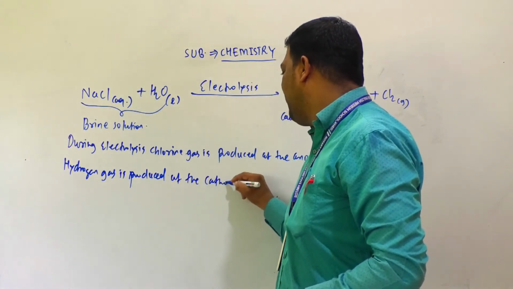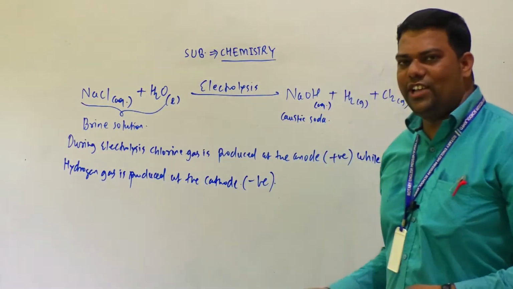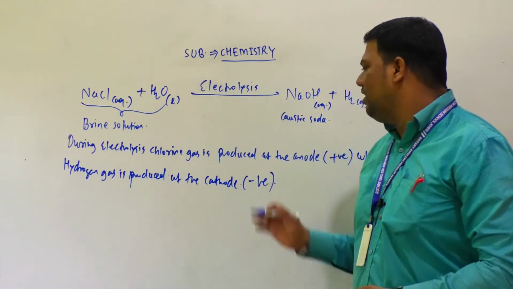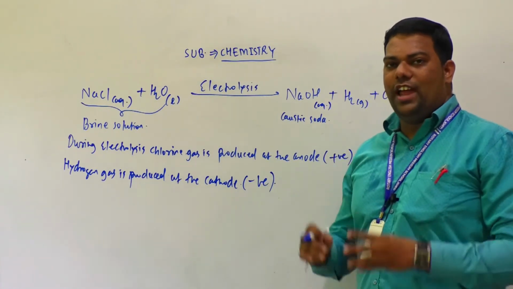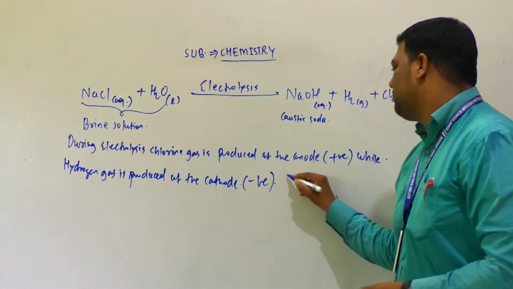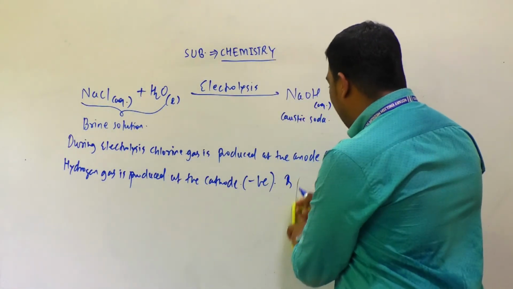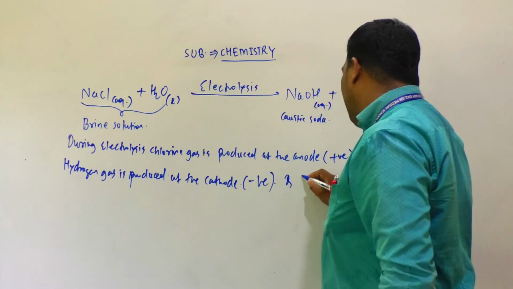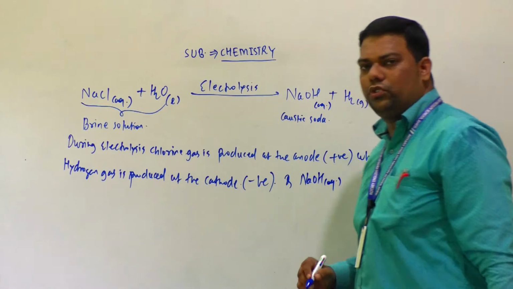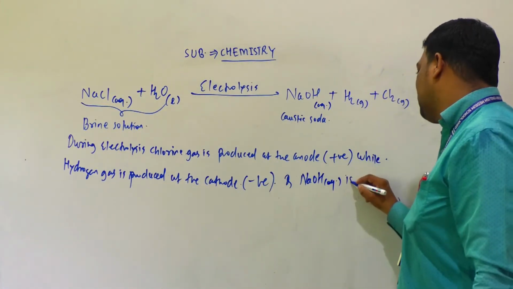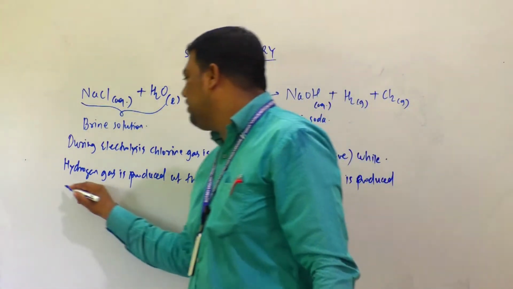At the cathode. So, beta, cathode is what? Yes, negatively charged. As you know, hydrogen is plus, so it will be attracted to your cathode, that is negatively charged. Understood? And very important, sodium hydroxide, NaOH aqueous solution, is produced near where, beta? Near